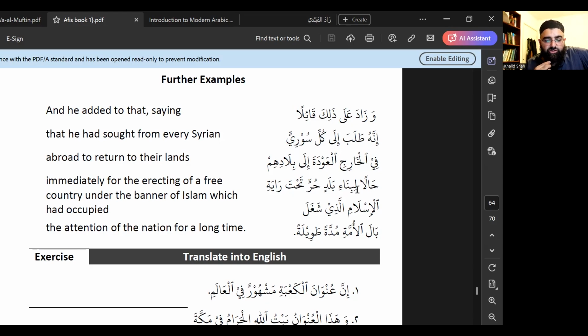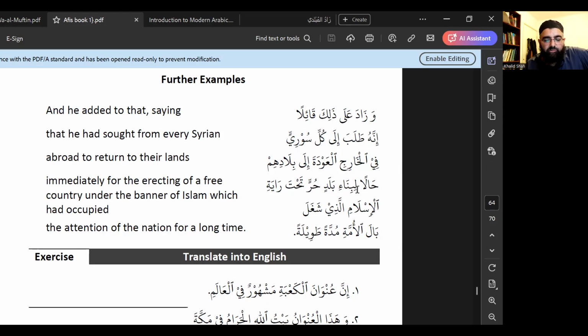Libina'i, for the building of, erecting of, building up. Libina'i baladin hurrin, a free country. Tahta, now balad is used in singular form. Baladin hurrin, tahta rayat al-Islami, under the banner of Islam or the flag of Islam. Tahta rayati, like jar majroor, right? Tahta rayat al-Islami,